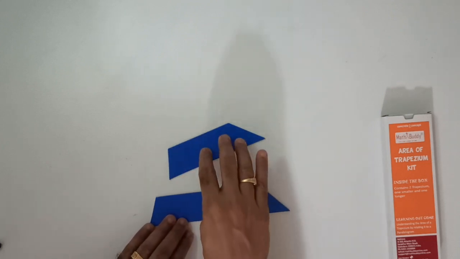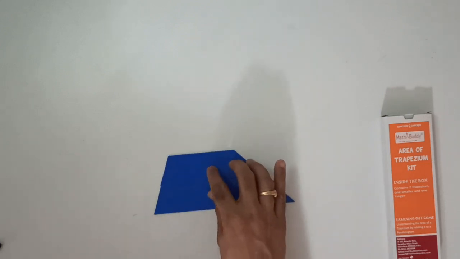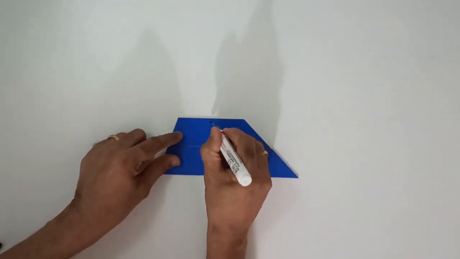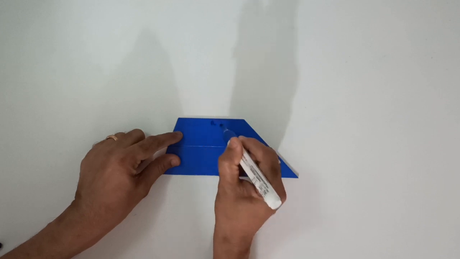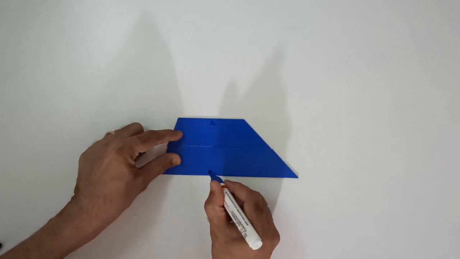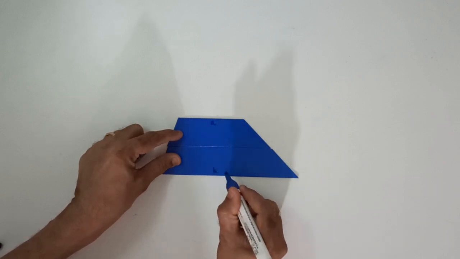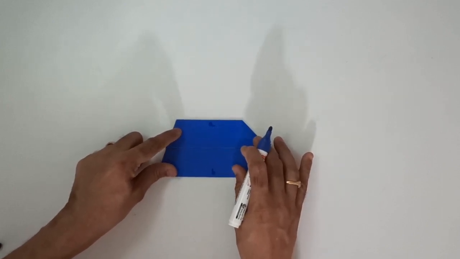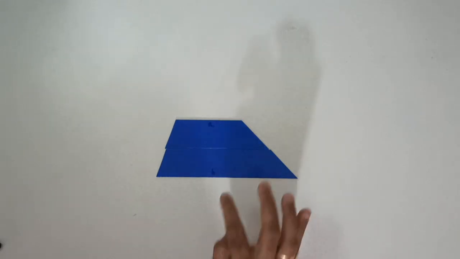So first thing that we need to do is basically arrange these pieces in the form of a trapezium. Very straightforward. So if you arrange these pieces like this, it becomes a trapezium, right? Now once you arrange this in the form of a trapezium, I would suggest just mark down the sides. Let's say the top of this is A, and let's say the bottom side of this is B. Okay, so the top of that is A and the bottom side is B, right?